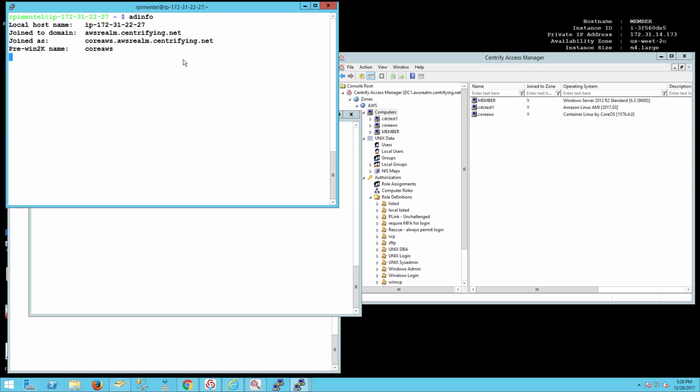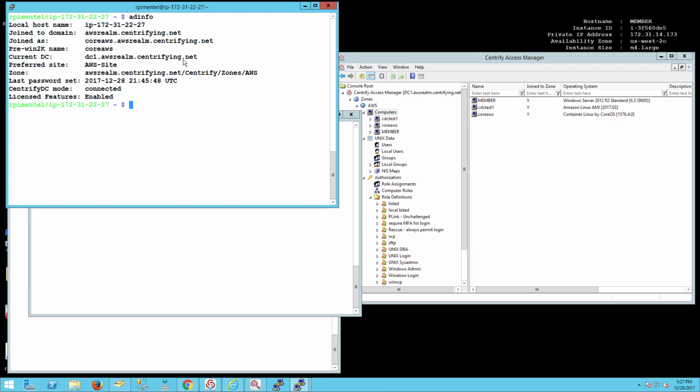Hello and welcome back to this video series, and we're talking about Centrify support for container Linux. We have been showing you many capabilities, including what's different on the implementation for this OS, our top-of-the-line AD integration, access control and privilege elevation at the system level, secure access and shared account control at the vault level using privilege service, and now we're going to talk about some of the capabilities that we provide around the life cycle